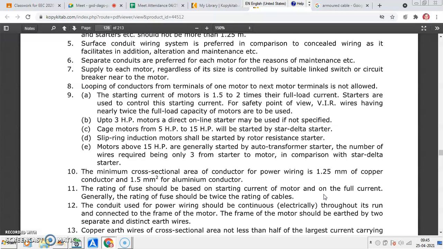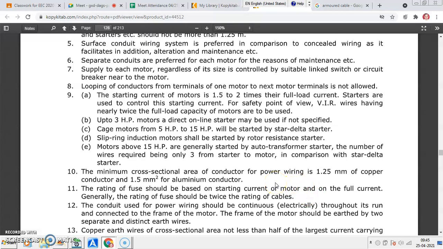Variable frequency drives. So VFDs are also used. Variable frequency drives are used. So accordingly, for requirement of the various variable speed of the machine, you can provide the drives also. So that is to be considered.